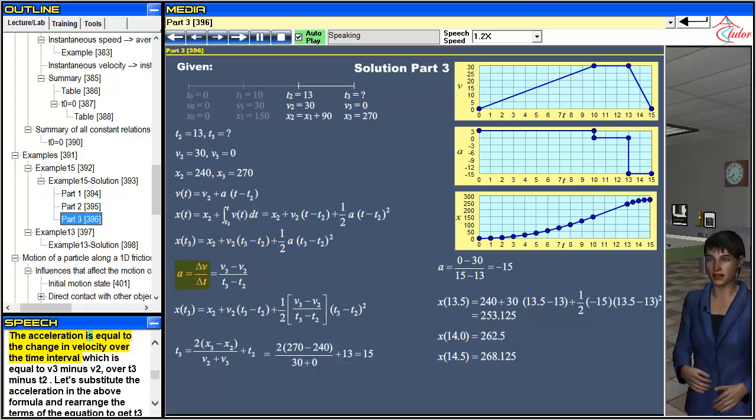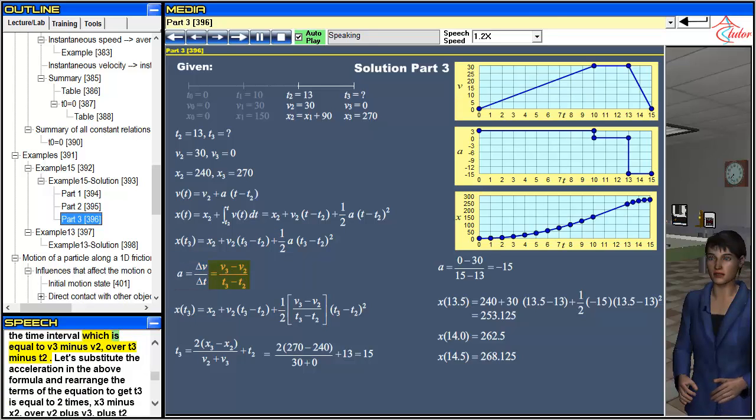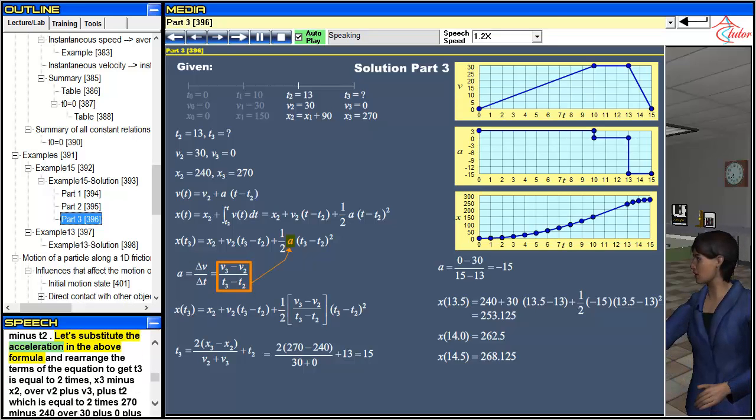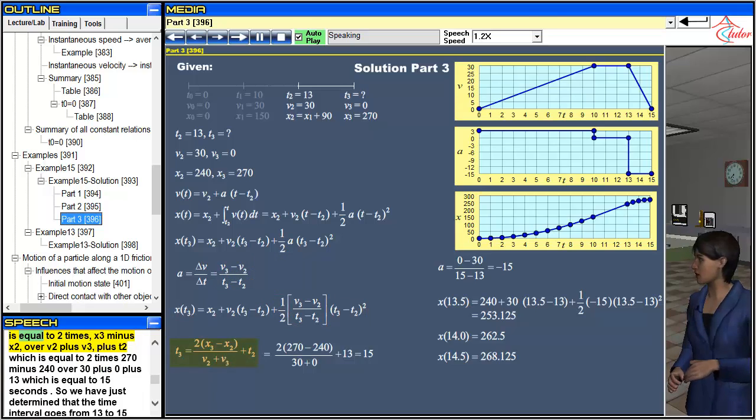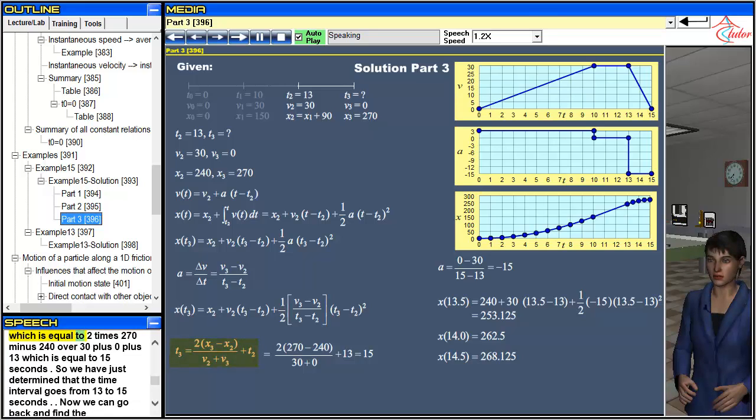The acceleration is equal to the change in velocity over the time interval, which is equal to v3 minus v2 over t3 minus t2. Let's substitute the acceleration in the above formula and rearrange the terms of the equation to get t3 is equal to 2 times x3 minus x2 over v2 plus v3 plus t2, which is equal to 2